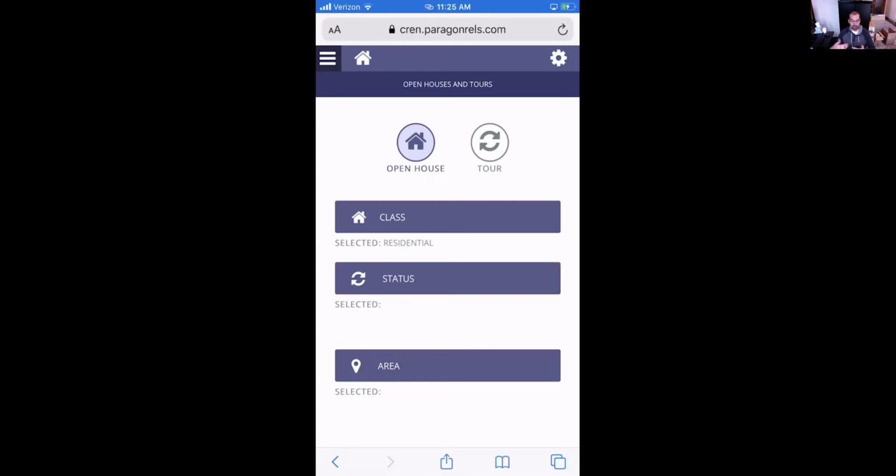So sometimes you guys are out and about and you need to find either a search or a listing or a member or one of your contacts' phone numbers or something like that, this is just an easier way than trying to log into Paragon through the desktop version and trying to do it within there, because it's not made for the mobile phone. So you guys have access to this now to be able to do that